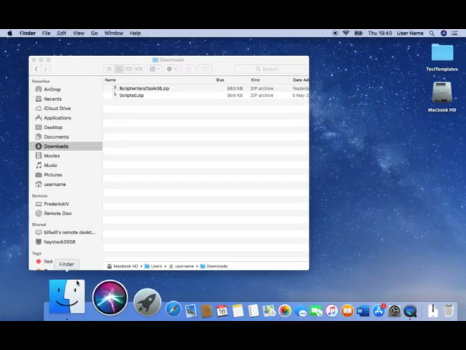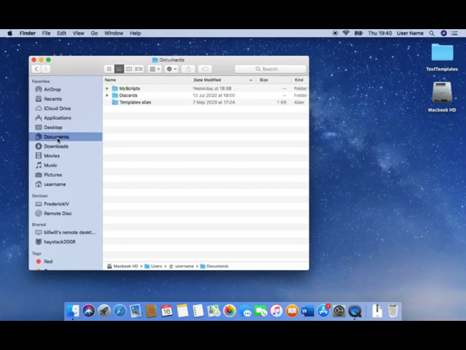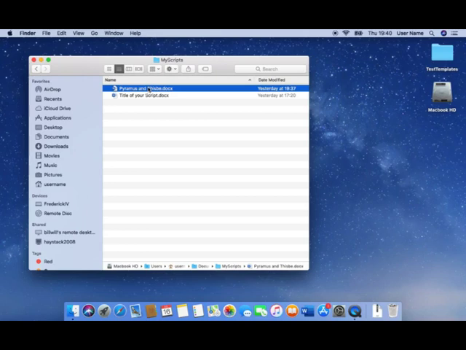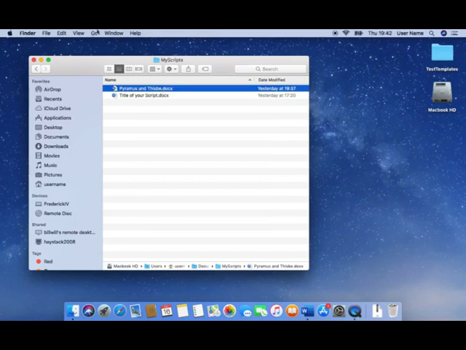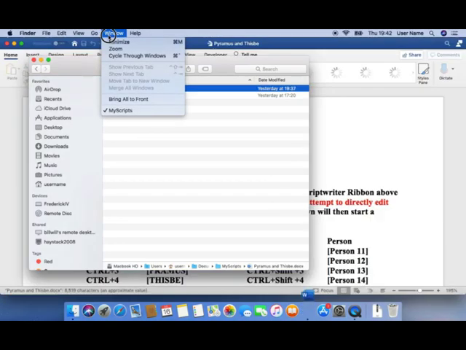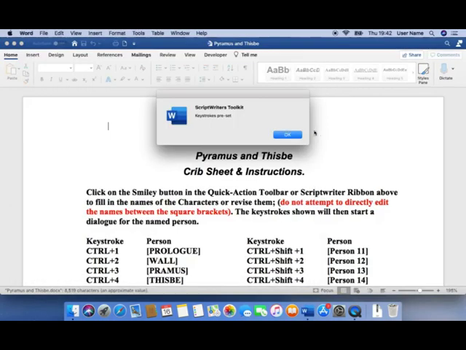So we open Finder, Documents, go to where you stored the script, My Scripts, which was Pyramus and Thisbe. Right click on that or double click it and do Open. And we get a prompt here saying that the keystrokes have been reset. And these are, of course, the keystrokes that are described on the crib sheet here. So we OK that